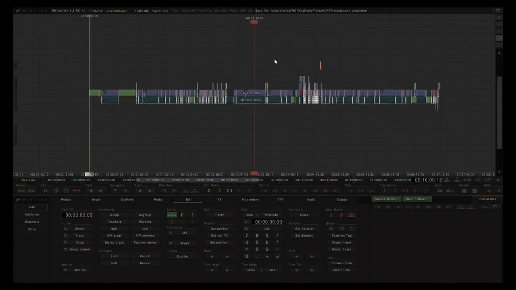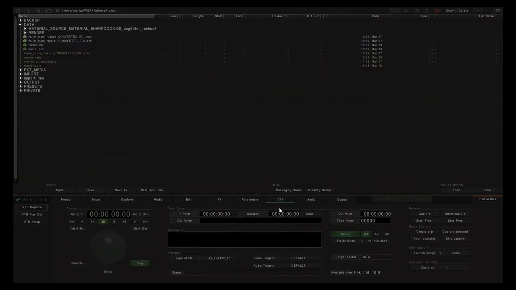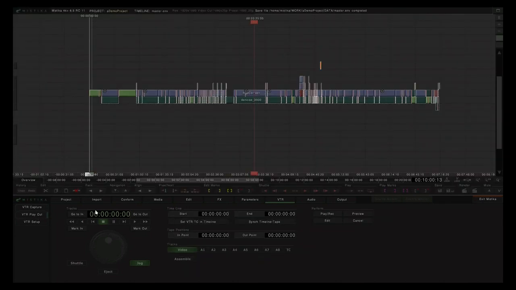Let's look at how we play out a timeline to a VTR deck. The process is quite straightforward and happens under the VTR tab and then the VTR playout sub-tab. We have our familiar jog and shuttle controls here, the same as the capture controls. And over here we effectively have where on the timeline we want to start playing to the VTR and where on the VTR we want to start recording. Down here we select what tracks we're going to record,